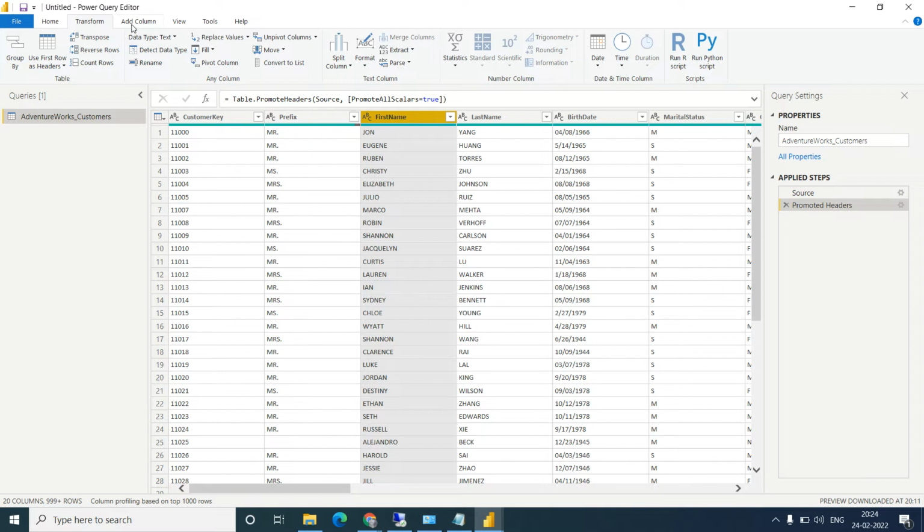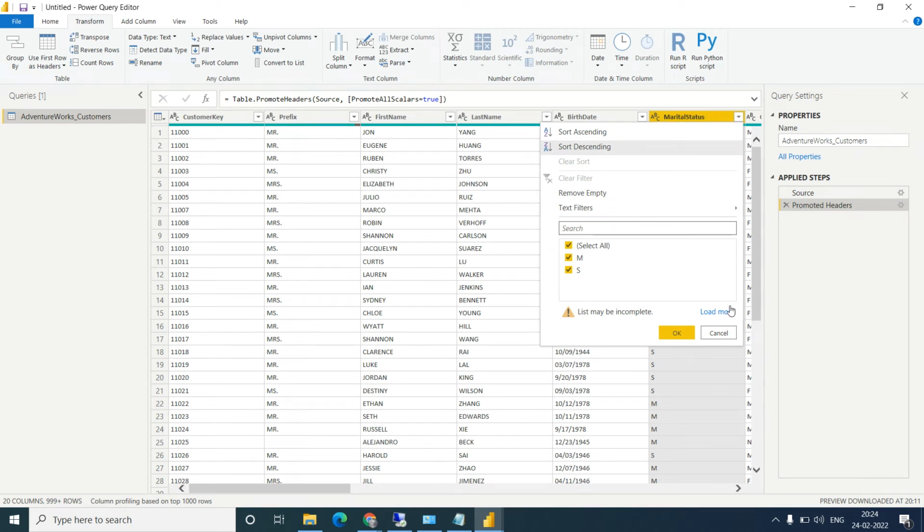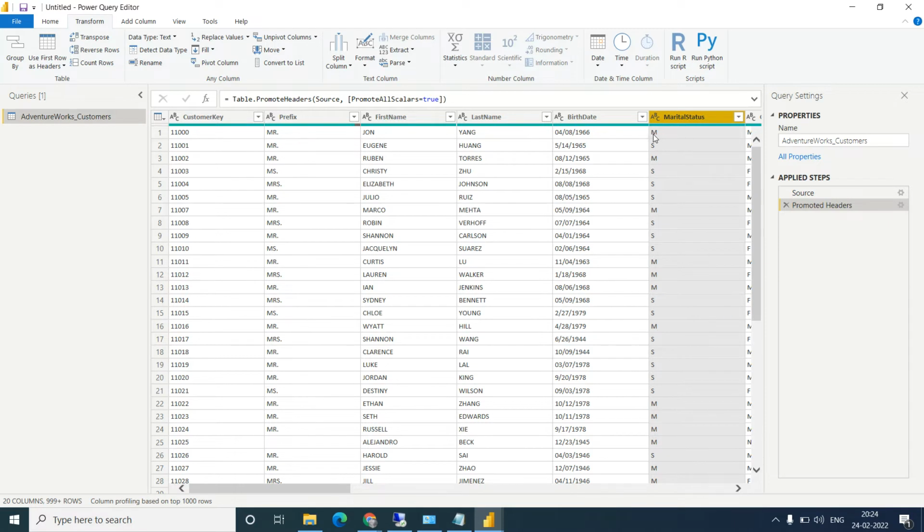Okay, so let's do another thing. There is a marital status. There is single and married. Okay, so how many values are there in this? There is married and single, and any other, like widow? No, there is a blank. Okay, now I want to replace M with married and S with single, the full word.